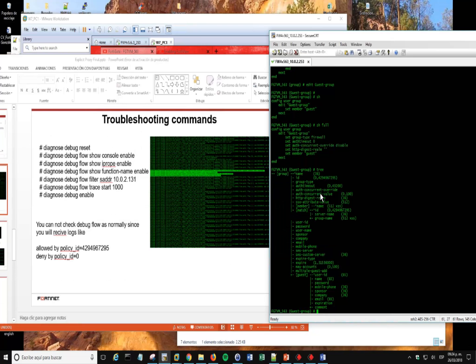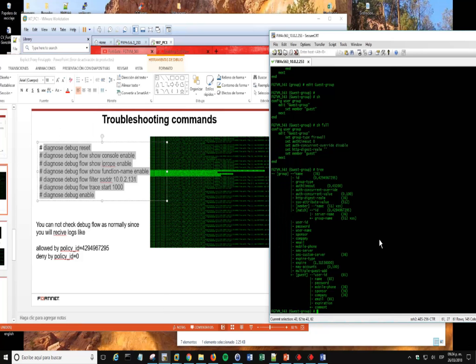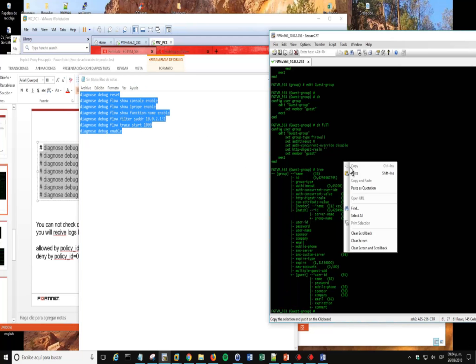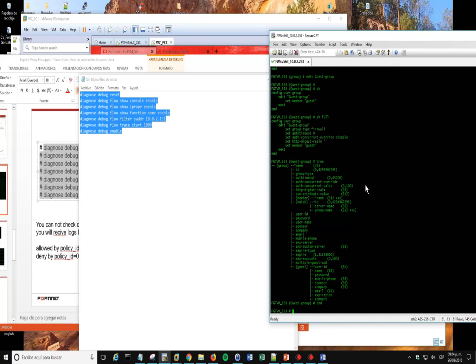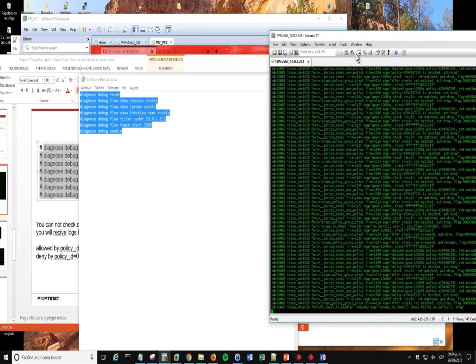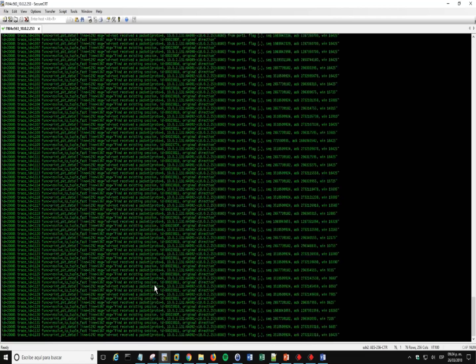with the debug flow. Here, as you can see, it's not going to be very helpful if we try to identify the connection using the debug flow. Why? Because it is not the same to identify the connections that come through IPv4 and when we try to see it through the explicit proxy. In this case, what we expect is to see that any connections are successful through a valid policy. Okay,